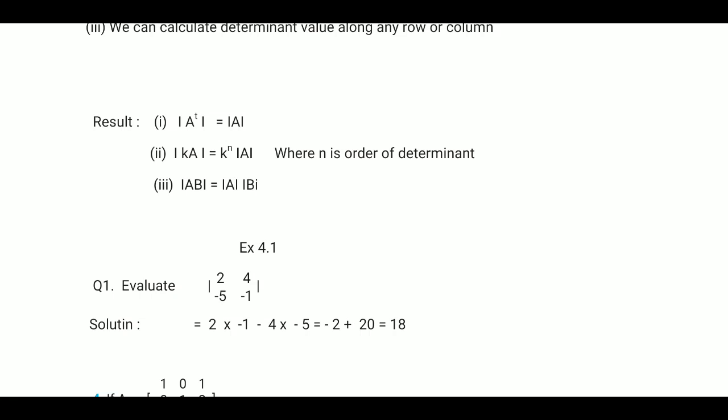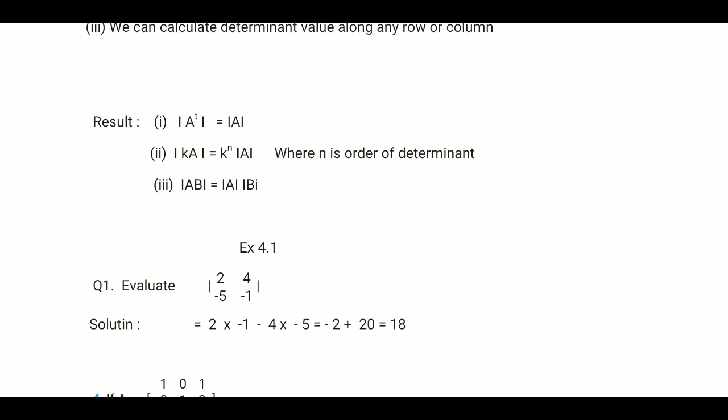The determinant value of the transpose of a matrix is equal to the determinant value itself. If we have a square matrix, we transpose it, meaning the rows and columns elements are interchanged, and then find its determinant value. That will give you the same result as the value of the original determinant. It means the determinant of the transpose of the matrix is equal to the determinant value itself.